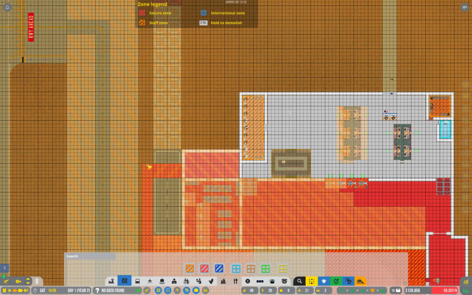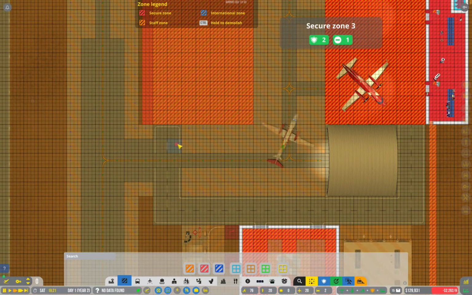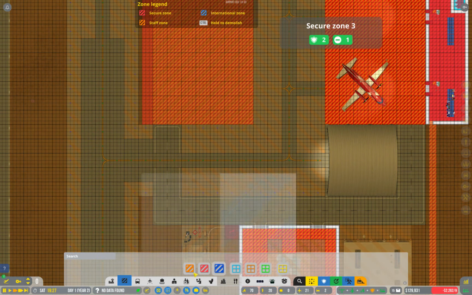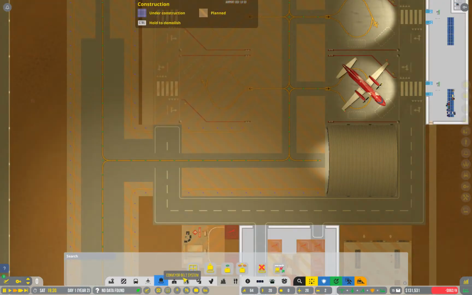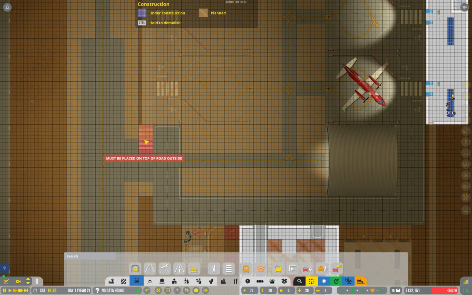Similarly, this bit of path is staff zone down to there. Passengers come out here, they get on their planes, ramp agents get past them, that's all good. I don't think it's possible to put... Let's find out. I don't think it's possible to put crosswalks or zebra crossings or whatever they're called where you come from. Yeah, they can only be put on roads, not on...